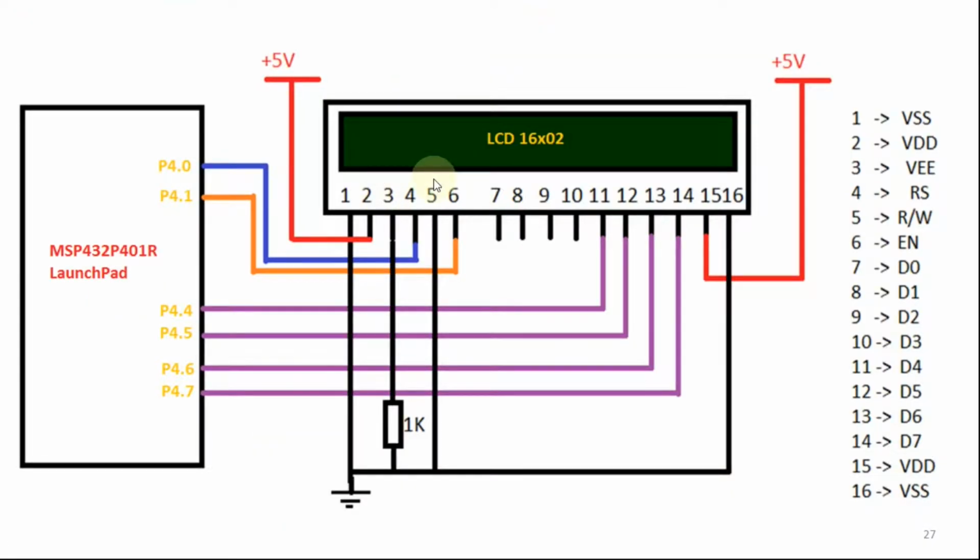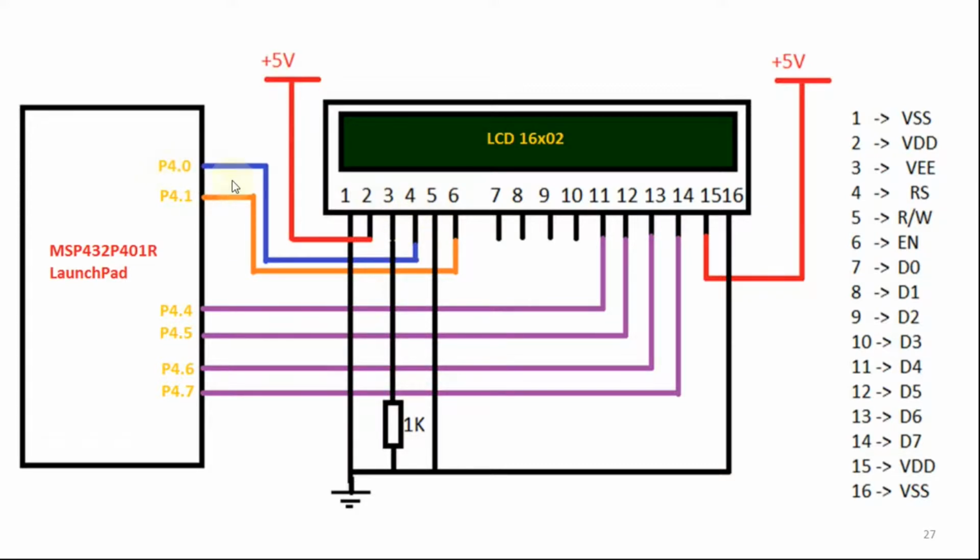So this is how the LCD 16x2 is connected to the MSP432 P401R Launchpad. Here you can see I am going to use the P4 port. The LCD 16x2 has 16 pins, and also has 16 characters in a single row. The first pin should be connected to the ground, the second pin should be connected to the 5 volts, and the third pin should be connected to the potentiometer or with 1K to ground, and then the fourth pin is connected to P4.0, which is also called the register select,